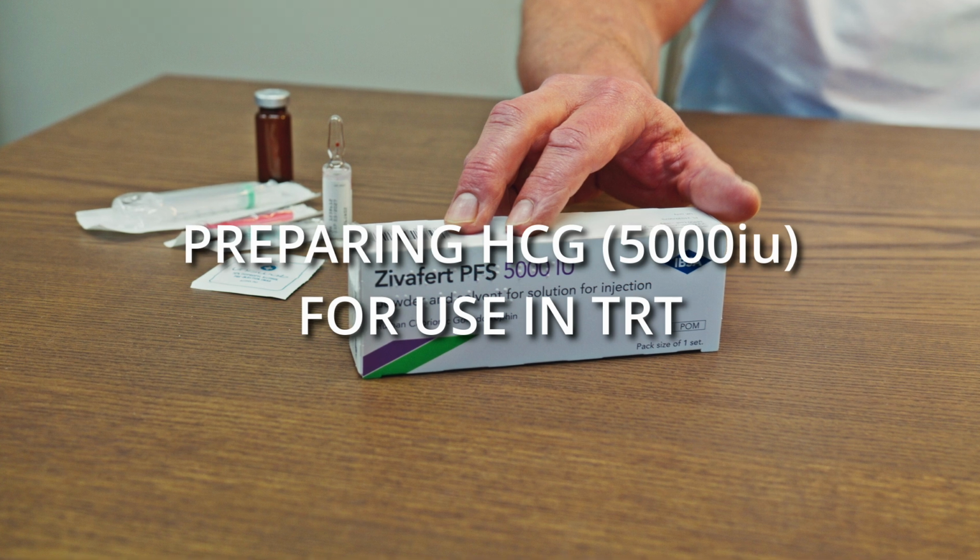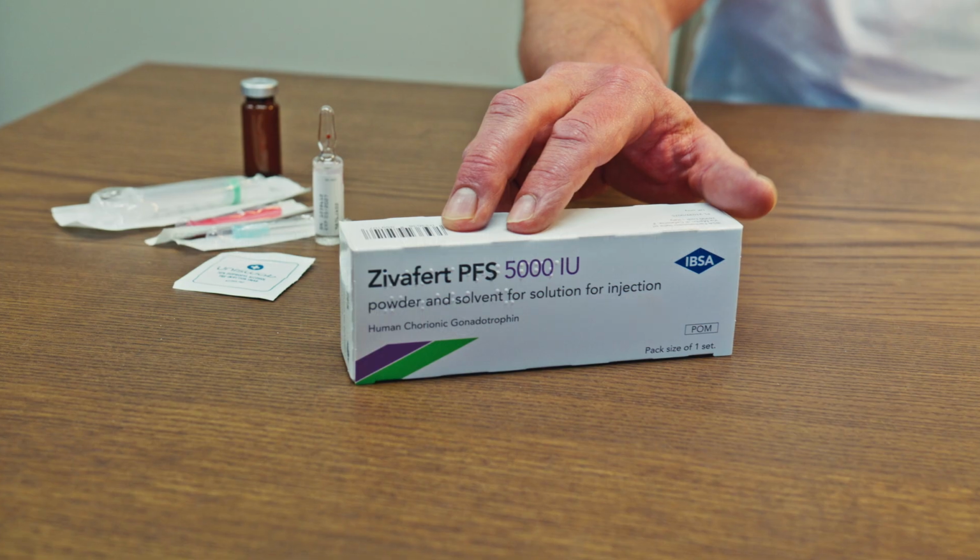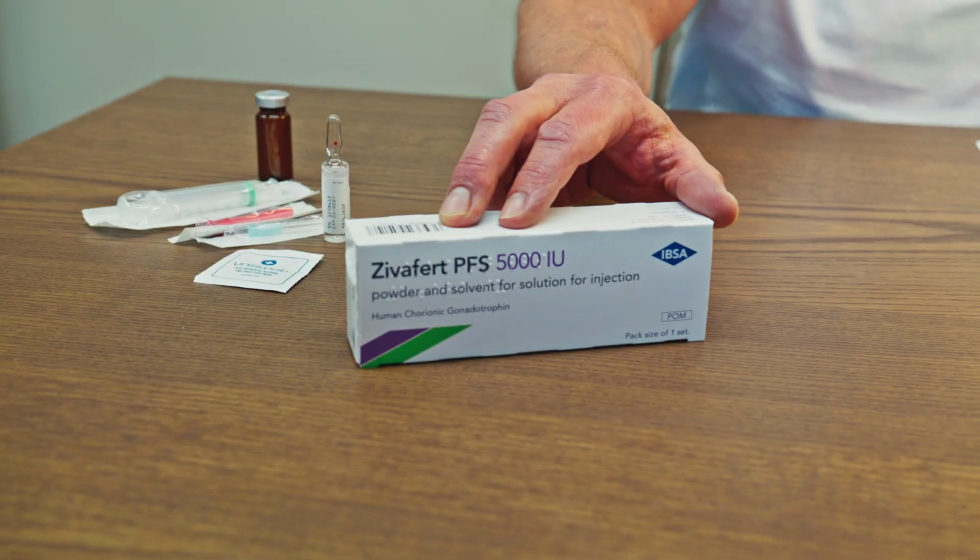We're going to go over HCG preparation instructions for Zevavert 5000 IU. The same instructions apply for Gonasi 5000 IU. So the first thing you're going to do is gather your supplies. That is going to be the Zevavert or Gonasi,